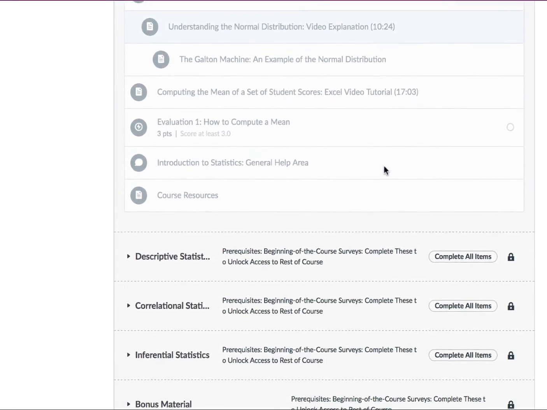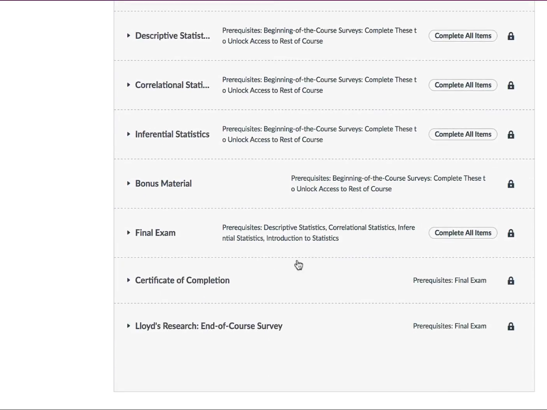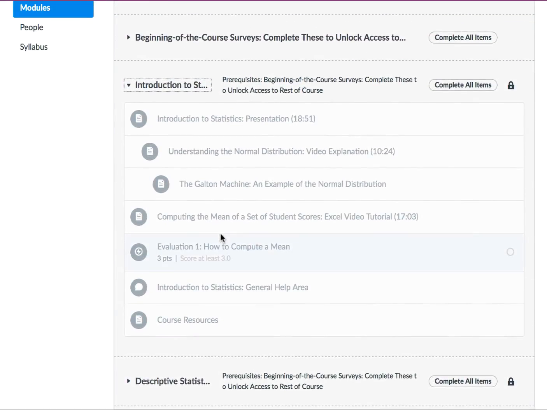Now, as you scroll down, you will see that there is a final exam, and the final exam is on the most fundamental knowledge and concepts covered in the course. Okay, let's scroll back up to the Introduction to Statistics module, and you'll see at the very end